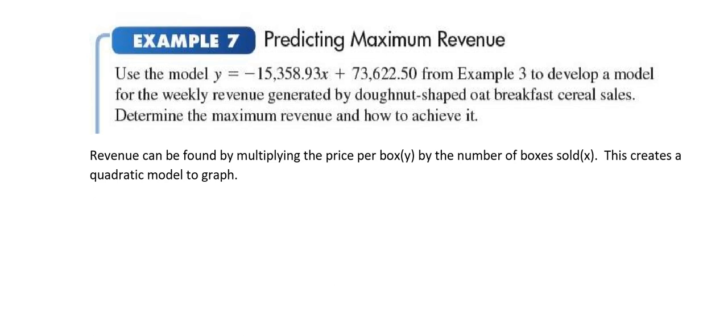Okay, predicting maximum revenue. This model came from example 3, and Y is the price per box, and they want to know revenue. Well, if you want to know revenue, you take the price per box and you multiply by the number of boxes sold, so basically revenue is going to be found by multiplying X and Y together, so to speak. Well, if you do that, basically you're changing this equation into